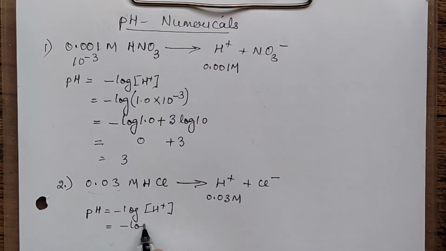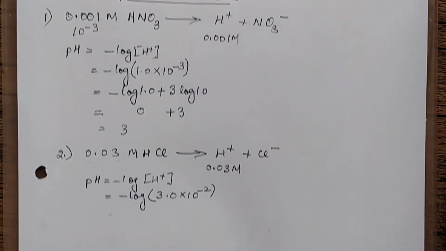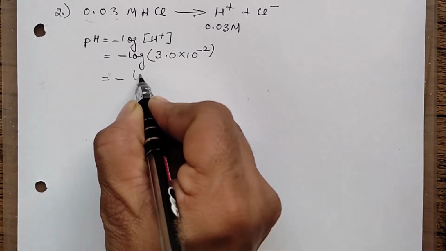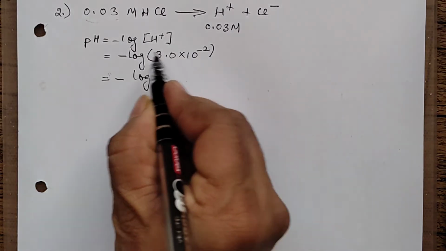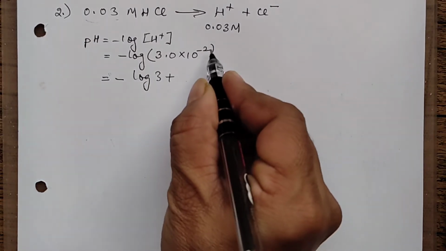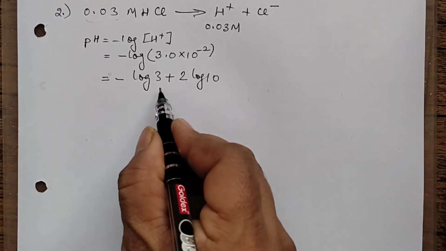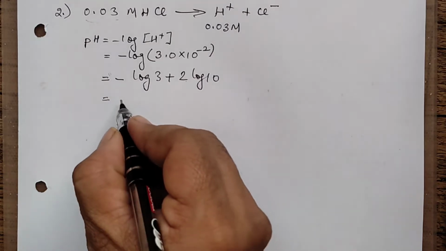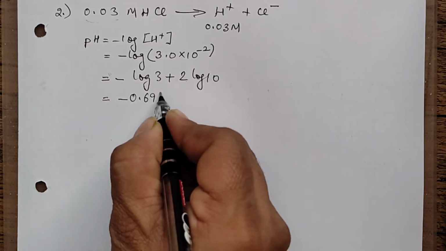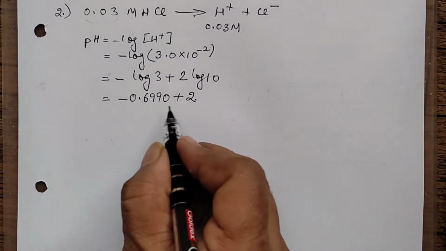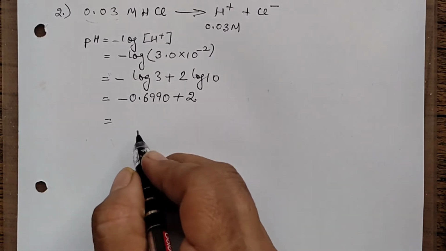This value, as I told you, the concentration will be written in scientific notation as 3.0 into 10 to the power minus 2. Okay. So then we will open up this bracket. So we'll write it as minus log 3 and this minus and minus will become plus. So it will be plus 2 log 10. The power will come here. Right, log 3 value we will read from the table and this comes out to be